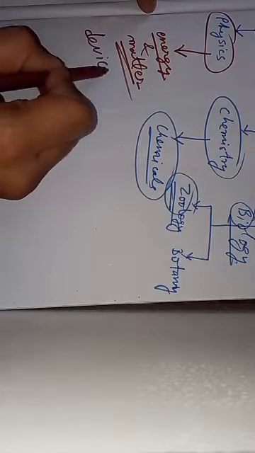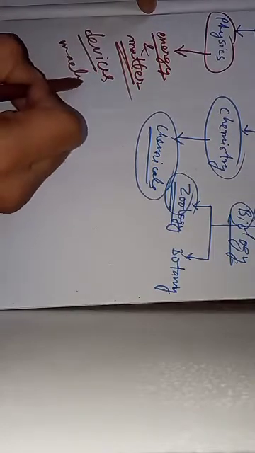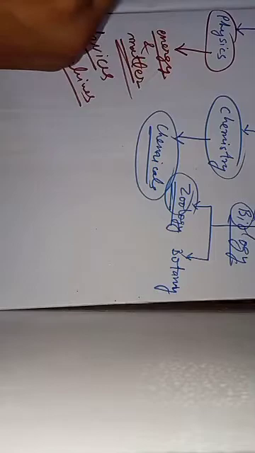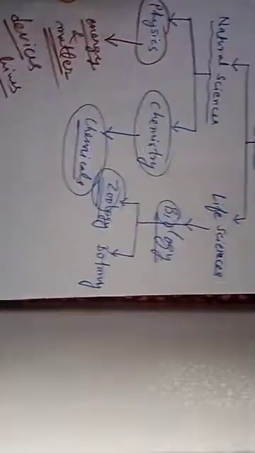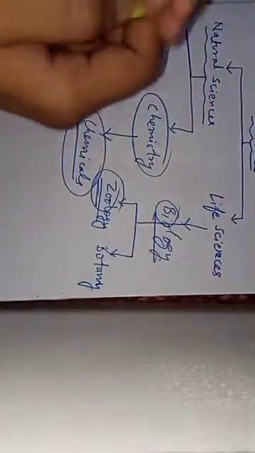And what is the application? The main application of chemistry is to make chemicals, and the main application of physics is to make devices. Okay, the different devices and machines: the fans, the coolers, the air conditioners, the refrigerators, the bikes, engines, and different things. They are the application of physics. And the application of chemistry is making chemicals, dealing with chemicals and molecules and all of this stuff.